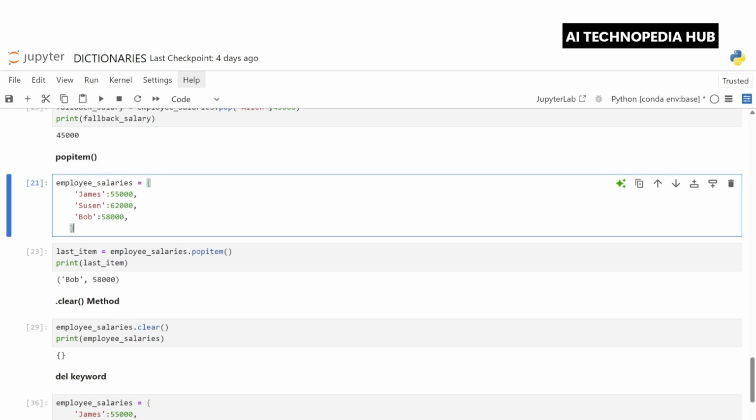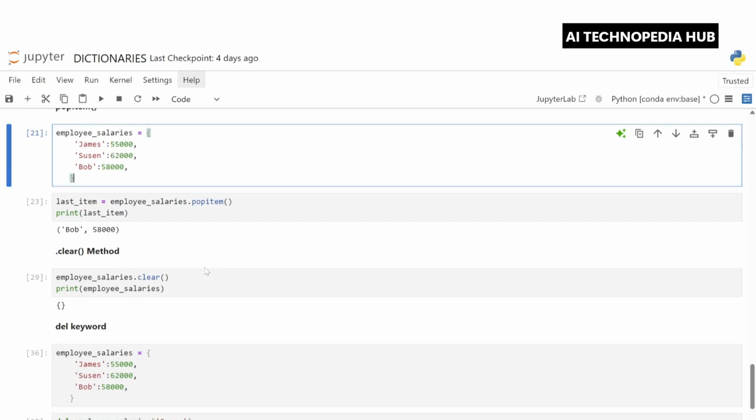Now let's say last_item is a variable and we call popitem. popitem returns the last key-value pair as a tuple and removes it from the dictionary. So it has popped Bob and 58,000 as a tuple. So I hope the popitem method is clear to you. That is to pop the last key-value pair.